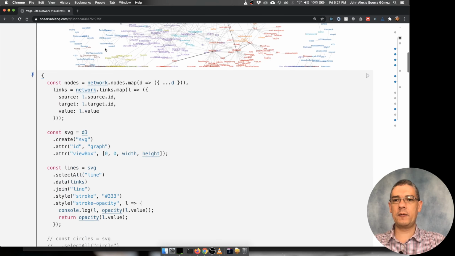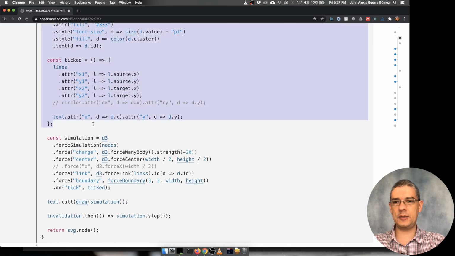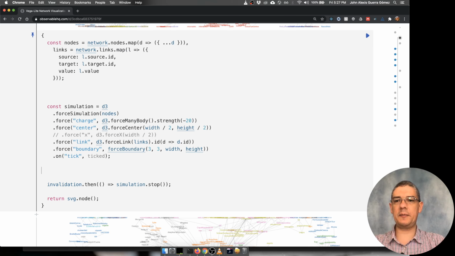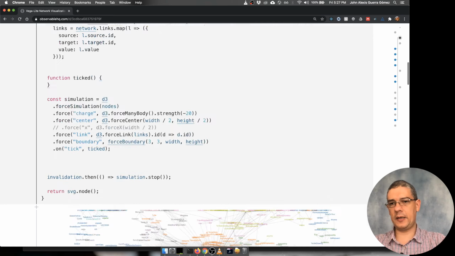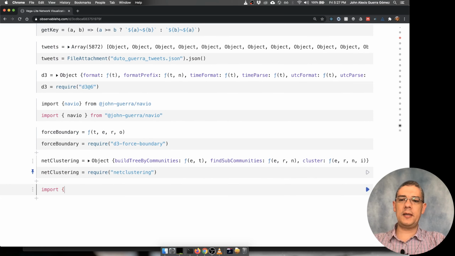And then what I'm going to do is let's leave that like that. And then I'm just going to remove the part that does the D3 drawing. And this one as well. And finally, I need my tick function. So let's have that one in here. And then let's import Vega-Lite. Sorry for all the scrolling. Import Vega-Lite from